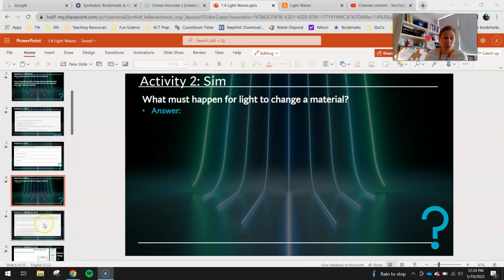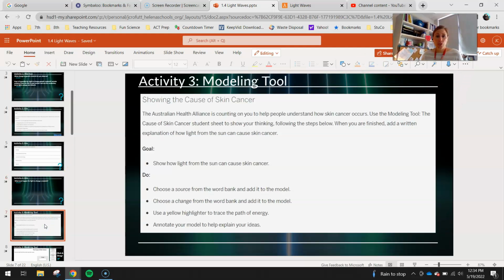Okay, so this is activity 3 modeling. Okay, showing the cause of skin cancer. The Australian Health Alliance is counting on you to help people understand how skin cancer occurs. Use the modeling tool, the cause of skin cancer student sheet, to show your thinking. Follow the steps below. When you are finished, add a written explanation of how light from the sun can cause